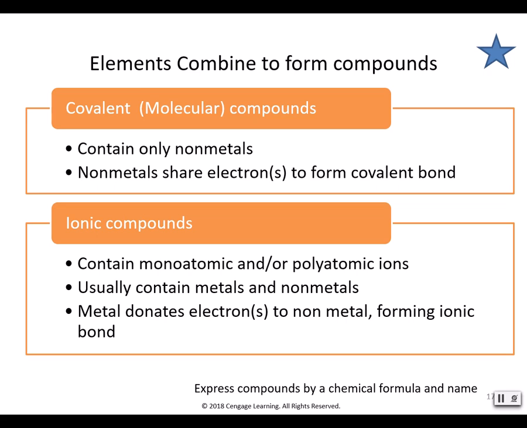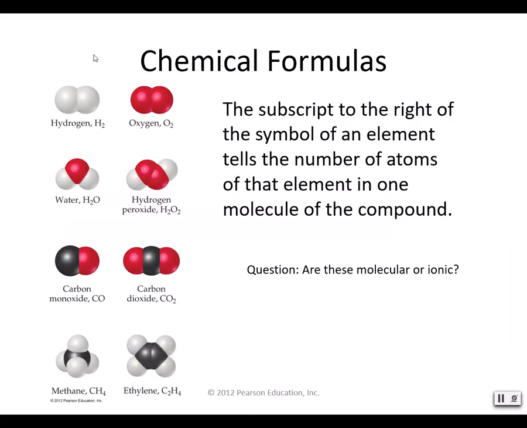So we're going to talk about how to write and name chemical formulas for both ionic and covalent or molecular compounds, but let's talk a little bit at first about chemical formulas. Okay, so we know that there's covalent and ionic compounds. When we write a chemical formula for a molecule, obviously we use the element symbol that's on the periodic table, and we use